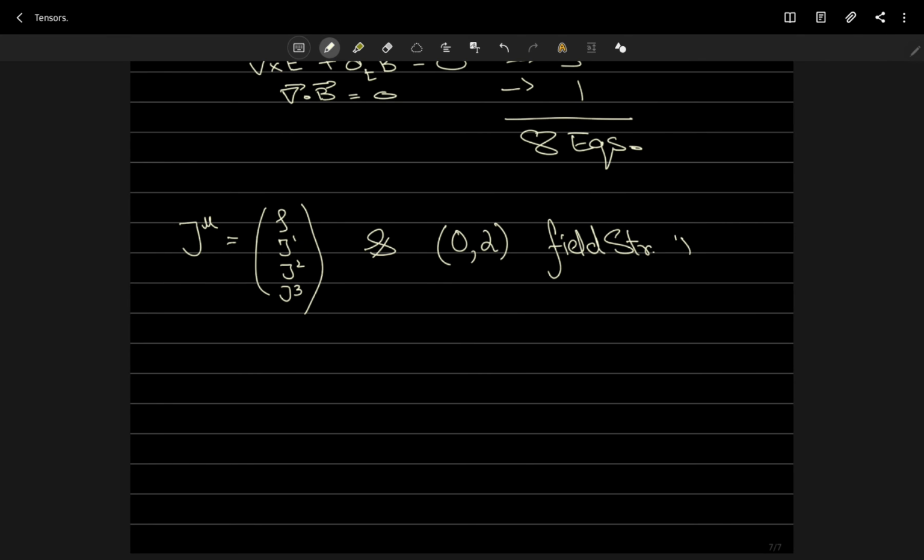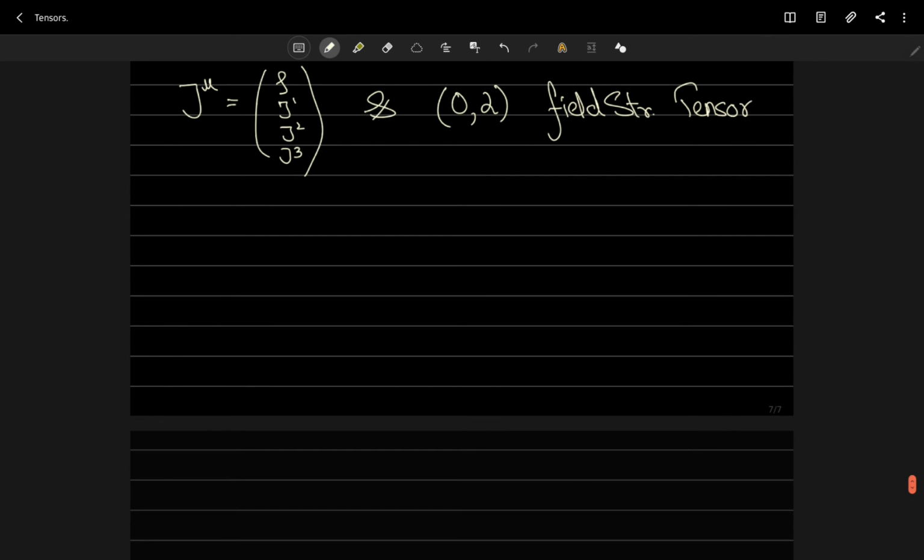Field strength tensor. What is it? Well, let me write this down very quickly. We have F mu nu, and that is why I wrote 0,2. So when in the beginning I talked about the labeling scheme, we don't have any indices in the upper place, but we have 2 indices in the lower place. So that's why it's a 0,2 field strength tensor, right? Okay, so this is just equal to, well, it is 0